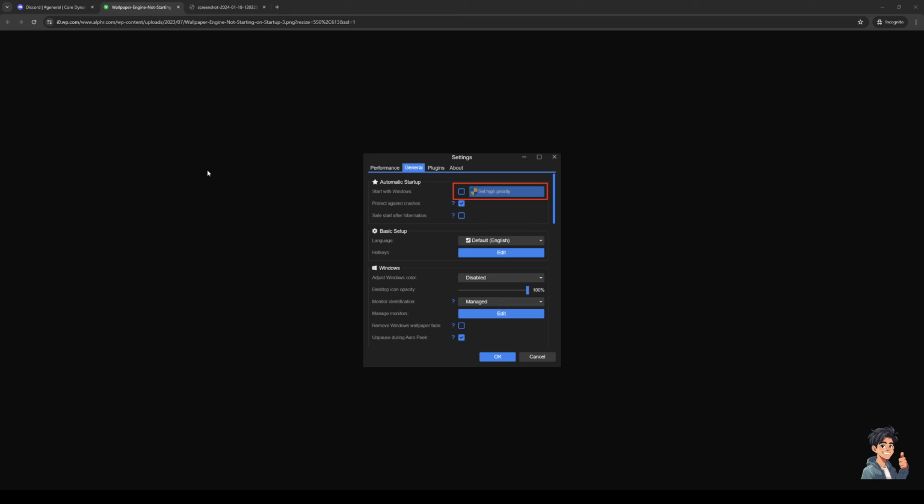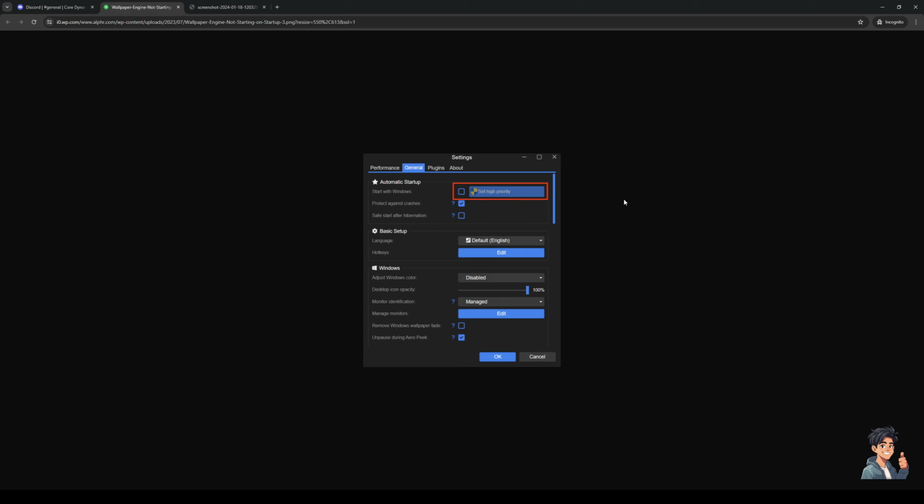So here's where you guys would want to be. Assuming that you've opened Wallpaper Engine, the next thing that you need to do is click on the Settings tab, which is found on the right side of the screen. So you get to configure the general settings like user preferences, and you'll see automatically that the first tab says Automatic Startup. So the setting that we're looking for is this one right here, Start with Windows,